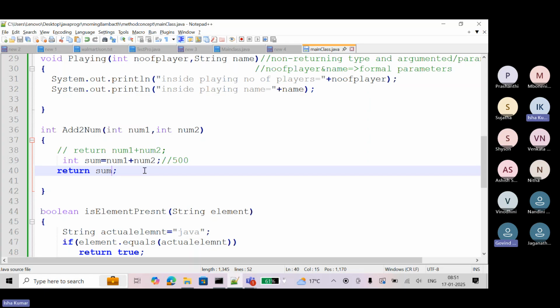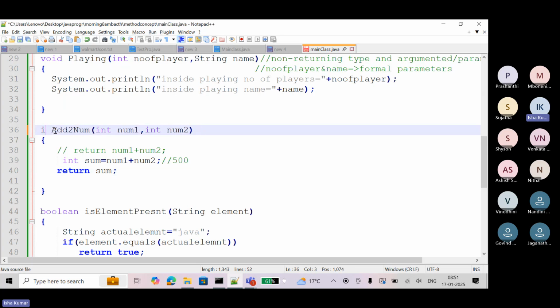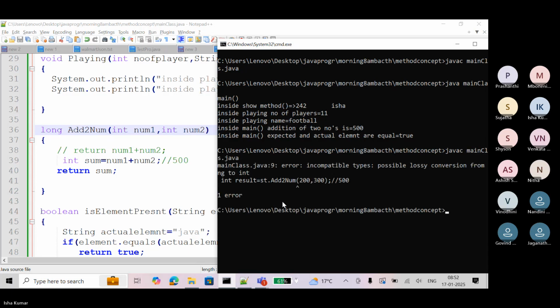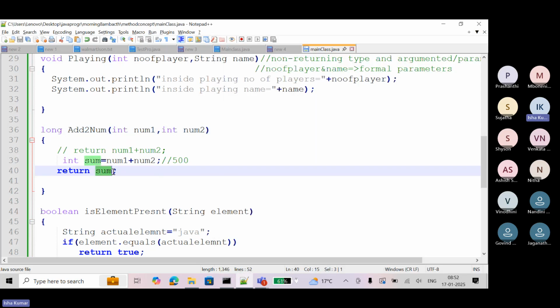Now here, let's say you write long. You can do this R&D while practicing. Now see, incompatible types: possible lossy conversion from long to int. See, it is returning an integer value, but you have defined it as long. How can we convert integer into long directly?